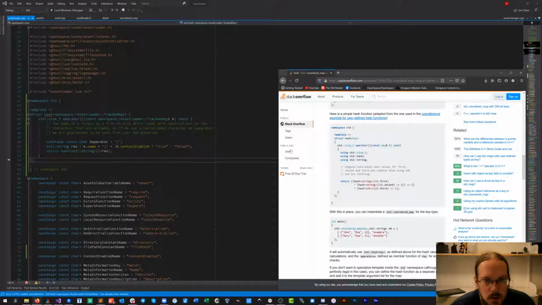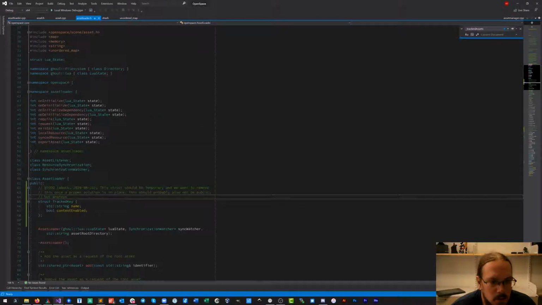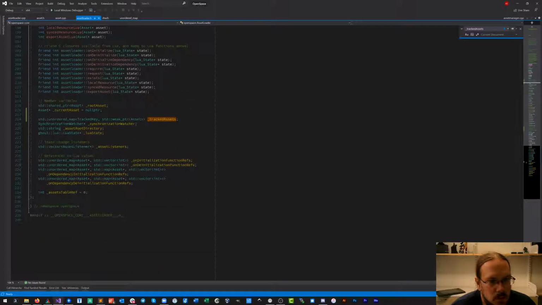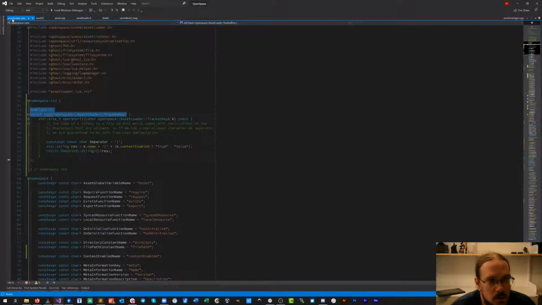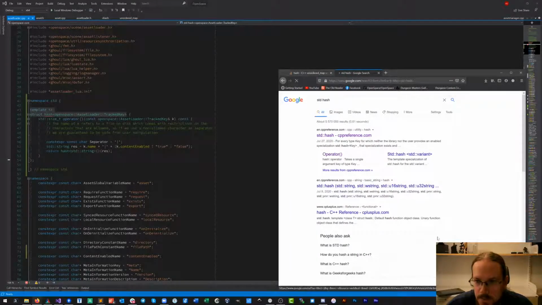Did our key try to forward declare this, or oh my god, doesn't seem reasonable. What does standard hash do?